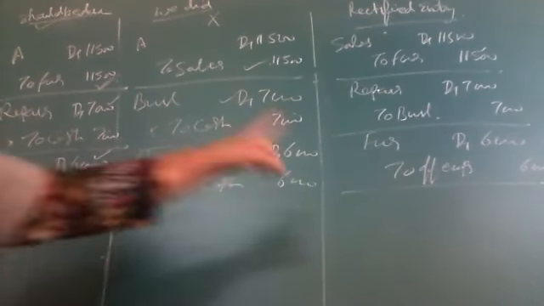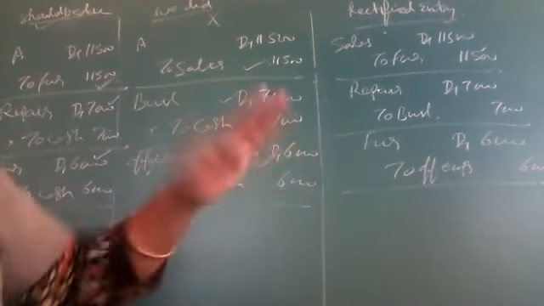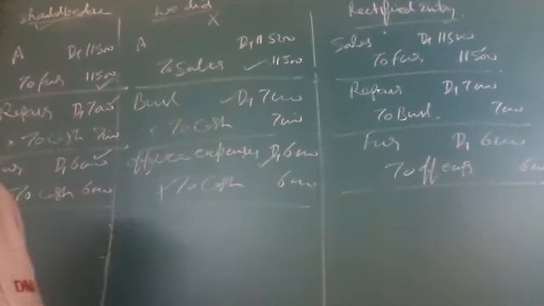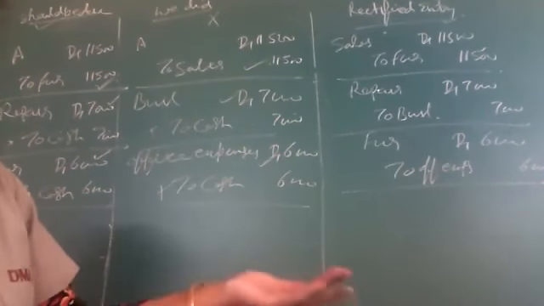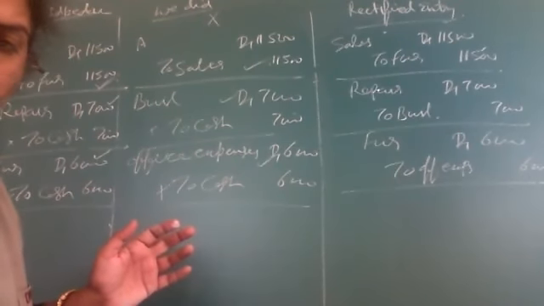See, this part is also rectified, and the rectified entry has balanced itself. Now the entry is rectified. No mistake is there because all the entries have balanced themselves without any effort. Okay, this much is sufficient.